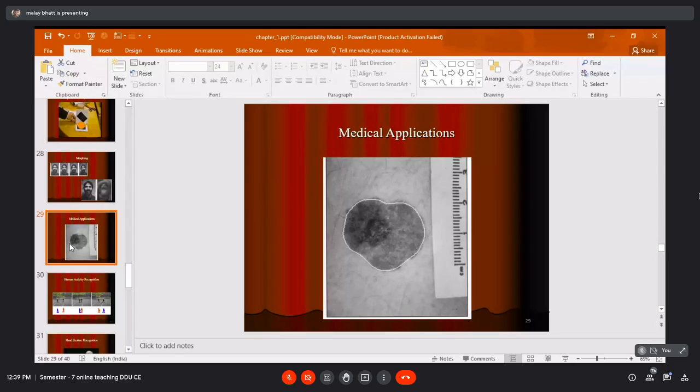In this area, you can see that edges are detected, to find how much area of the skin has been changed, and the size is measured. For this irregular shape, we need to find an algorithm that can measure the size of this shape and detect the area which is affected by the skin cancer. So this is how in medical science also we can use image processing.